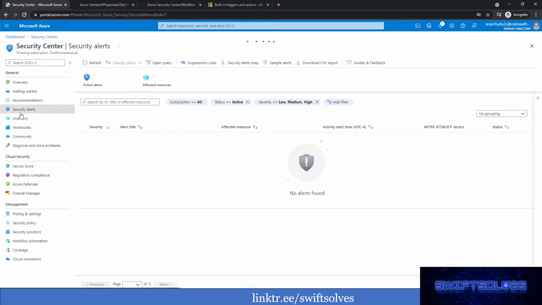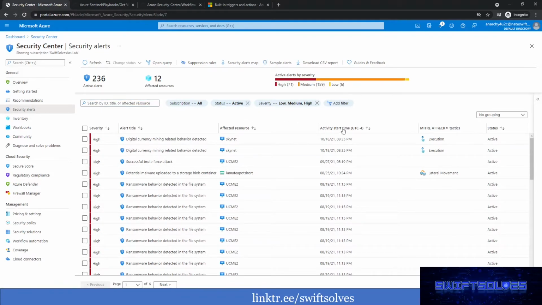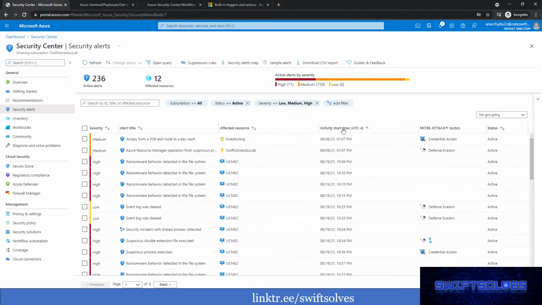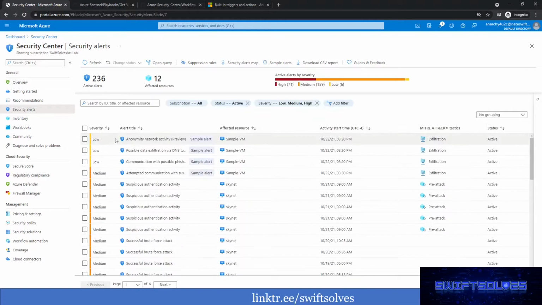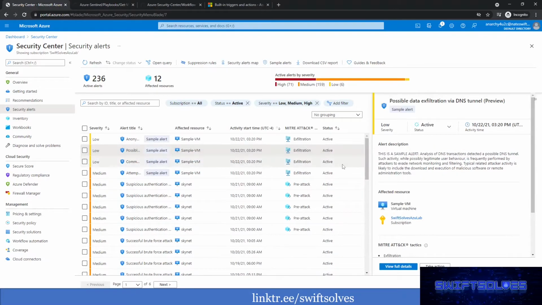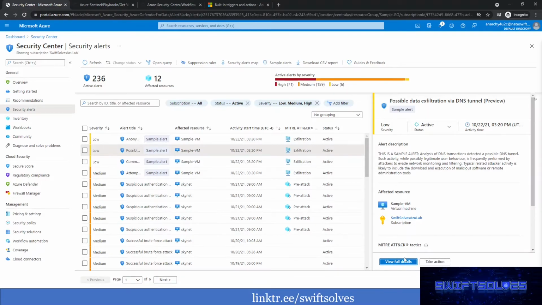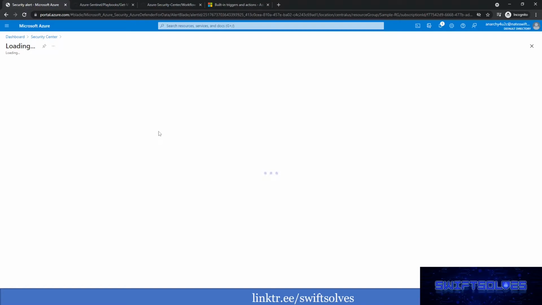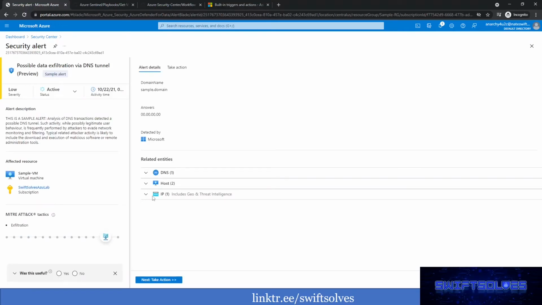And we're back in security alerts. And we'll quickly filter by the date time. There we go. We can see some sample alerts based off a sample VM, but it's around DNS. So we can get some information around possible data exfiltration via DNS tunneling, and we can go into view full details, and we'll have a nice sample entity and data that we can then trigger, right, by taking action